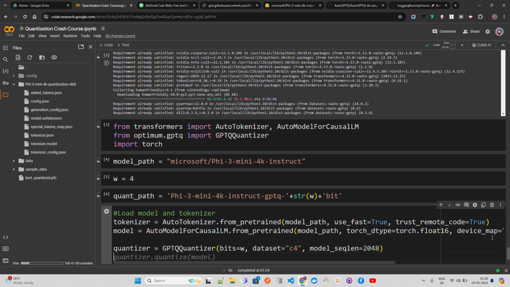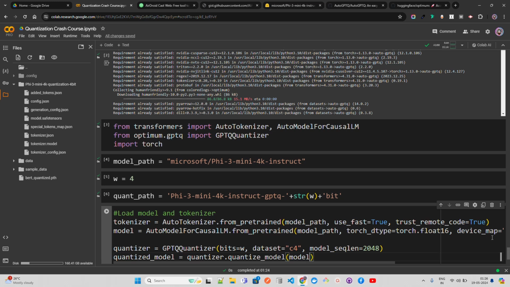And after that, the quantized model. So quantized_model equals quantizer.quantize_model, and here you're going to pass your model and tokenizer.